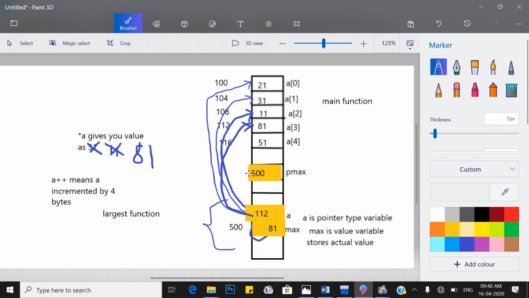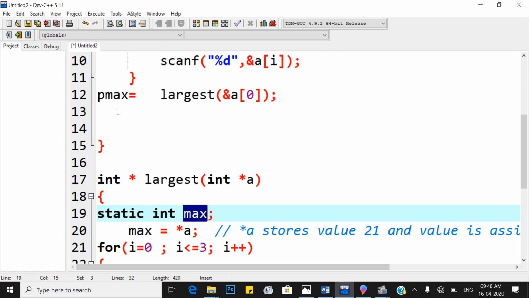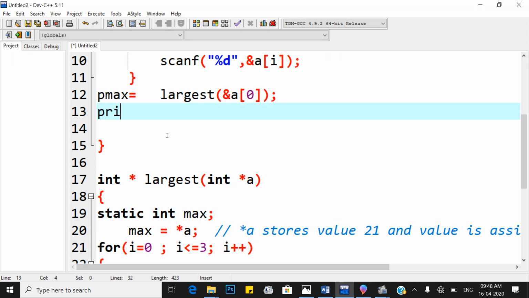What is the value at address location 500? The value is 81, and that is the max value which is returned to the main function.